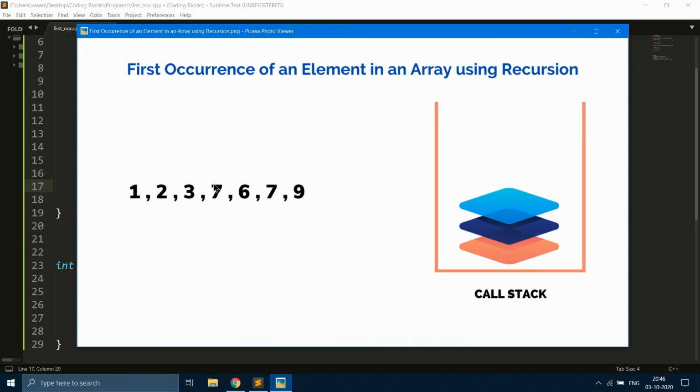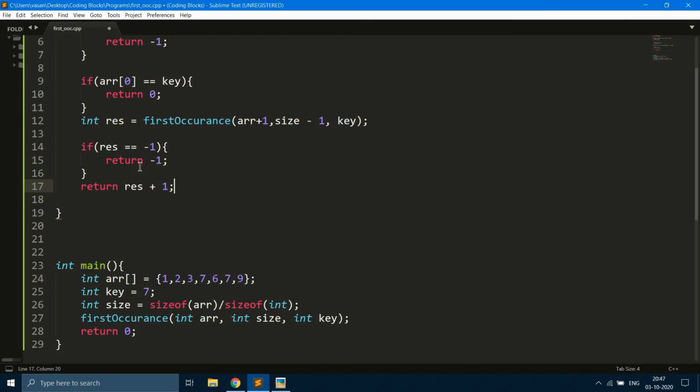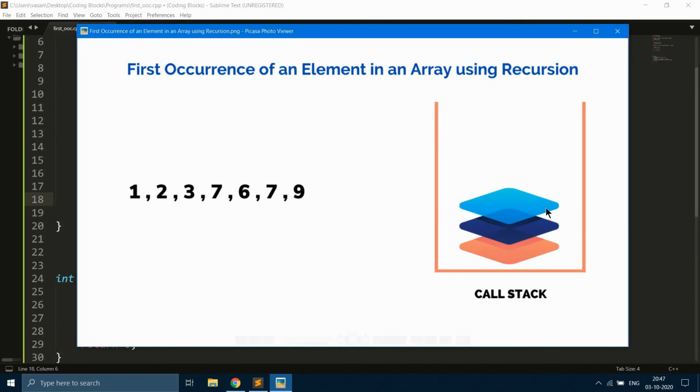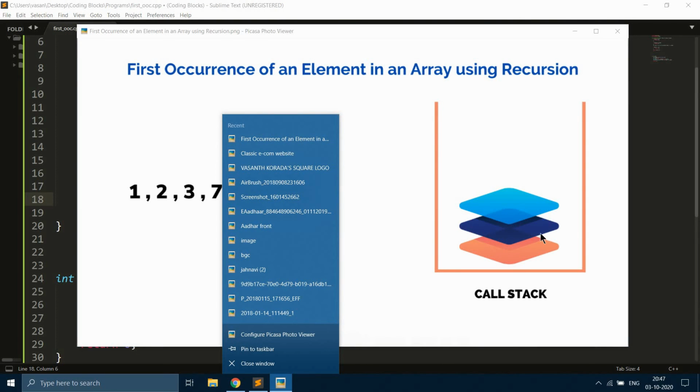See, our 7 is present at the index position 0, 1, 2, 3. So 7 is present at the index position 3. When we pop out this function call, our result will be 0. When we pop it, we are saying res is equal to res plus 1. So res becomes 1 for the first function call popping, 2 for the next, and for the last function call popping it becomes 3.